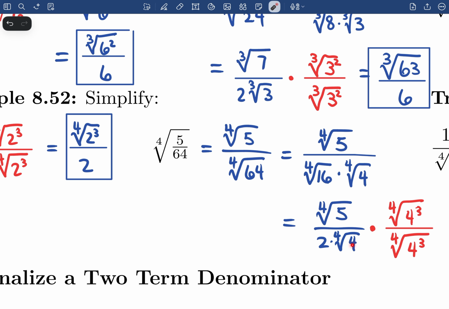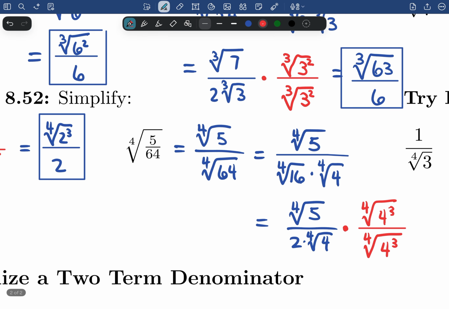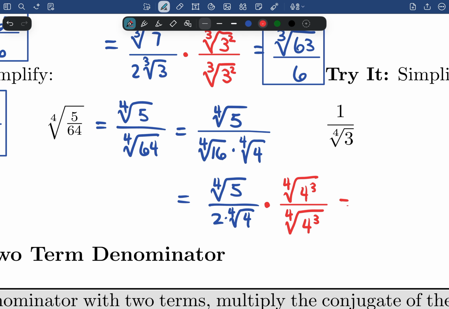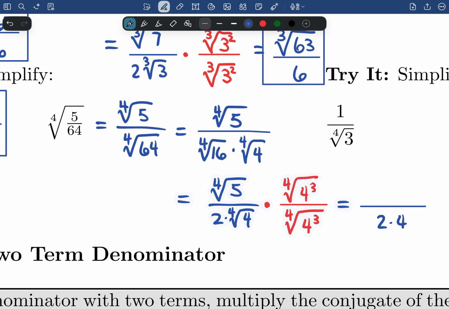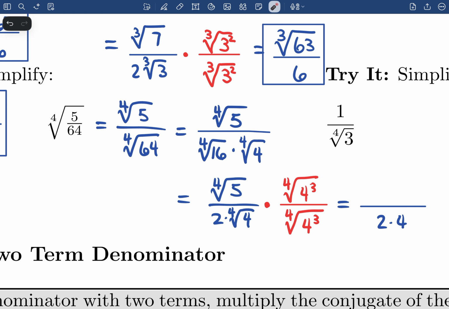Here's 1 4, that's 4 to the first power. And then I need 3 more 4s to make it the value of the index. That's why. But now that I've done that, life's going to be pretty easy to finish off this problem. So looking at the bottom, let's clean the bottom up. The denominators, this is going to be 2 times 4. That's just 2 times 4, because the fourth root, when I use the product property here, the fourth root of 4 to the fourth is